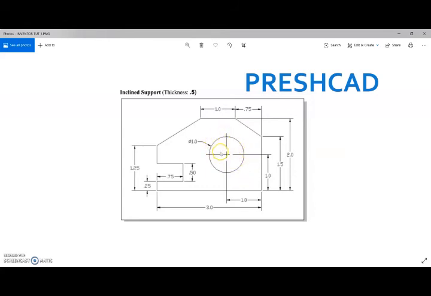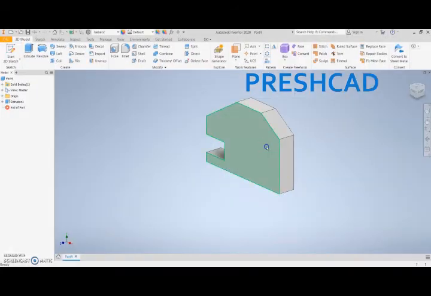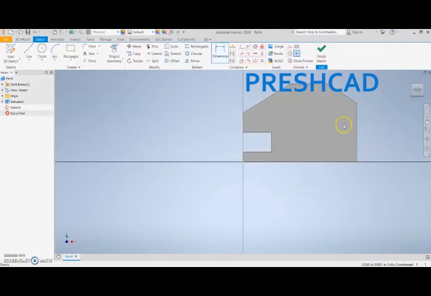It's part of the front elevation, so it's very easy to use this face as the sketch plane. So let's do that. Click on it, and then you move down here, you see create sketch. So we create sketch there,